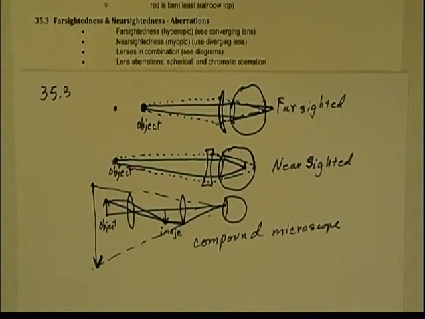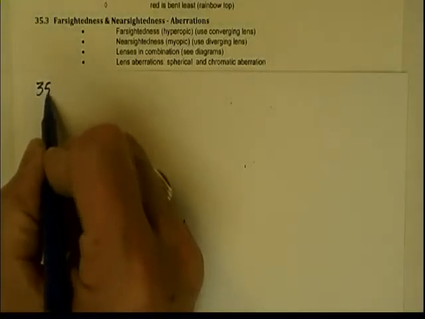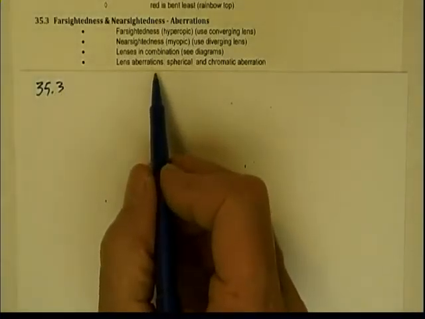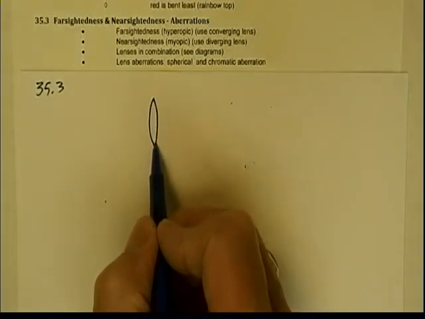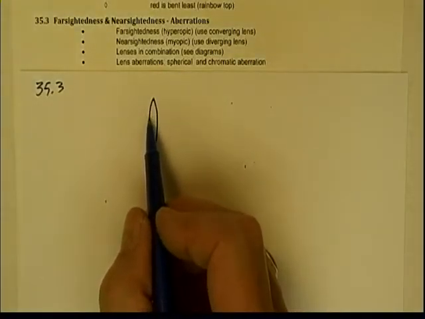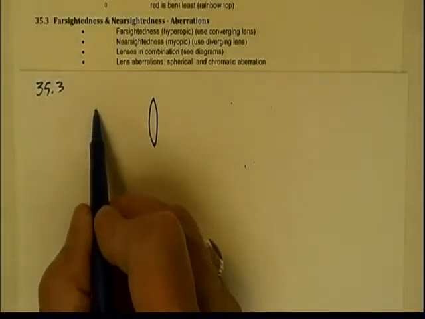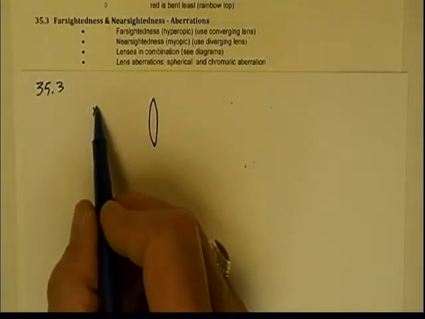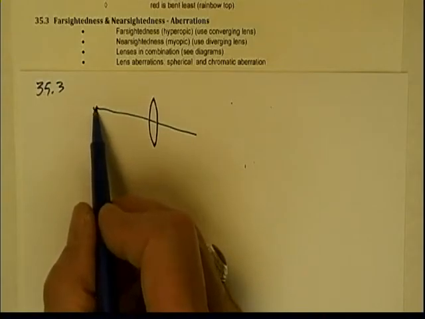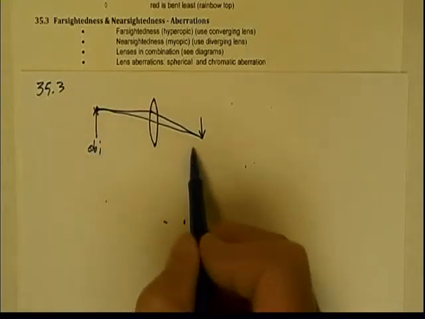Now, the last topic that I want to discuss here under section 35.3 is the concept of aberrations. If we look at a lens, there are two types of normal aberrations that we have. And by an aberration, we mean something that's abnormal. If we take an object out here and look at how that light is focused, to make an image here, object,